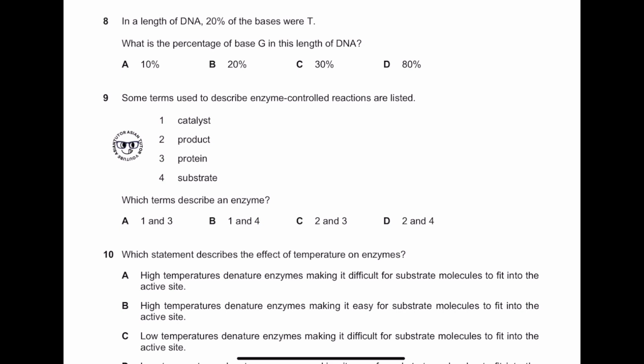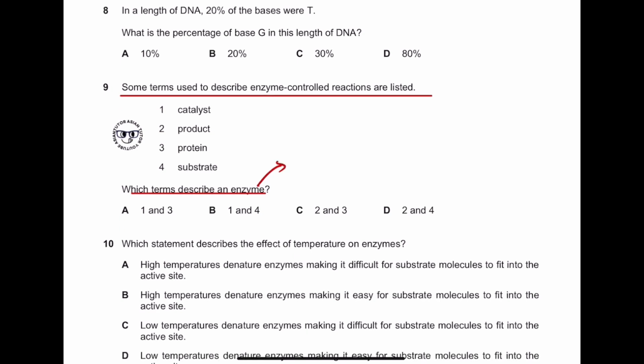Number 9. Some terms used to describe enzyme-controlled reactions are listed. Which terms describe an enzyme? It is very important to know the definition of the enzyme. Enzymes are biological catalysts that speed up the rate of reaction by lowering activation energy. But you don't actually have to know the lowering activation energy part. You just have to know that enzymes are catalysts. They are made of proteins. Okay? So 1 and 3 are the descriptions